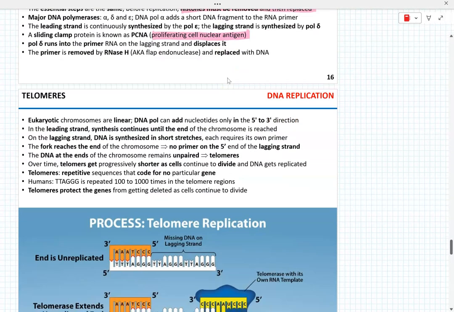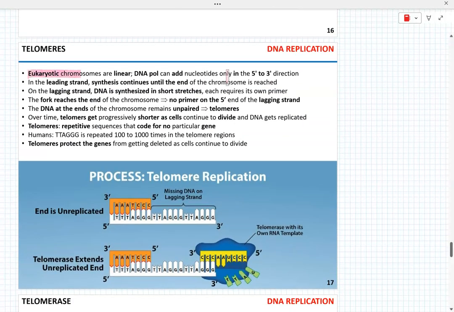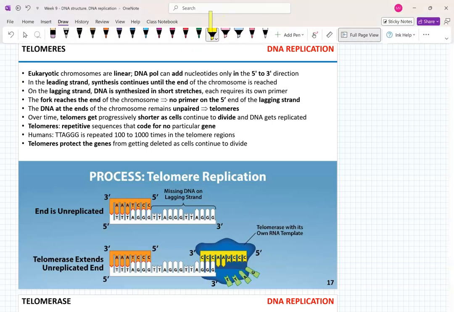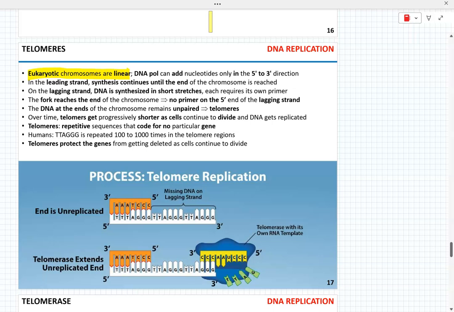Now, what is that telomerase and what are telomeres? So you may remember that the chromosomes in eukaryotes are linear. And you also remember that DNA polymerases can only add nucleotides in the 5' to 3' direction. So in the leading strand, it's not a problem. Synthesis will continue until the end of the chromosome, and it will be completely copied. However, in the lagging strand, the DNA is synthesized in short stretches, which we call Okazaki fragments. So when the replication fork reaches the end of the chromosome,